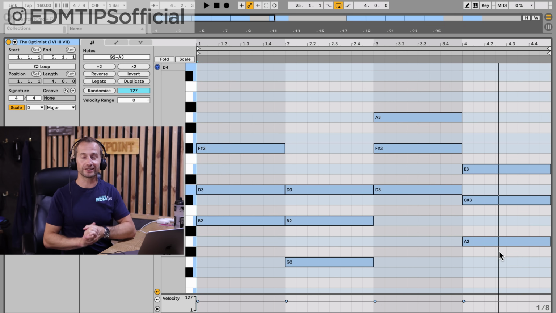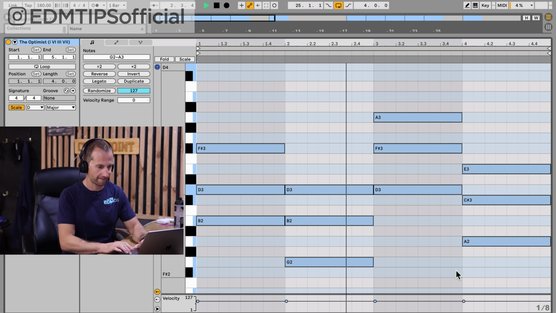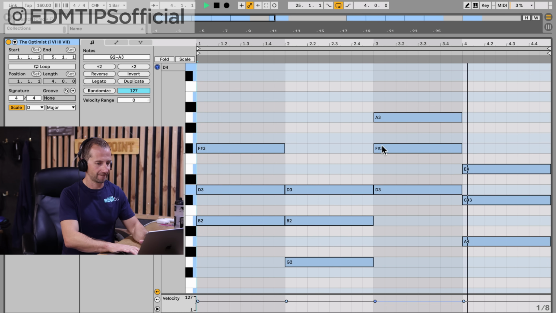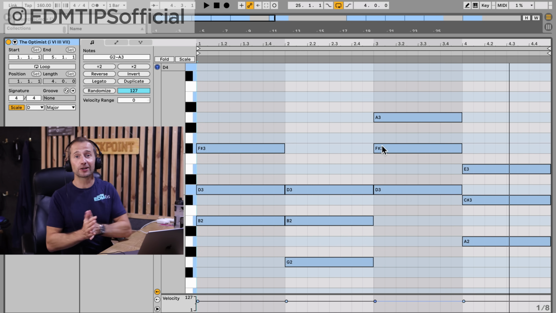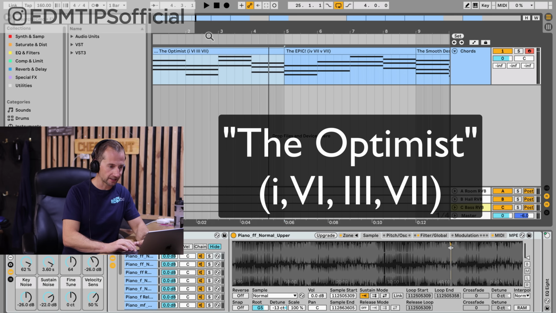So the first chord progression I call the Optimist because it sounds optimistic. So let's have a listen. Now this is the chord progression used in Avicii's Wake Me Up. It's in D major and the Roman numeral system is a minor 1st, a major 6th, a major 3rd and